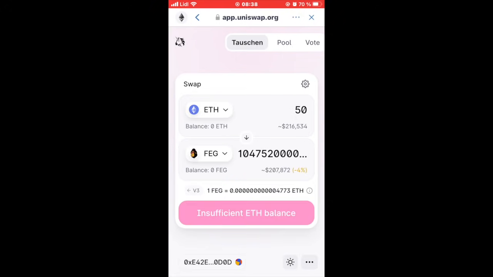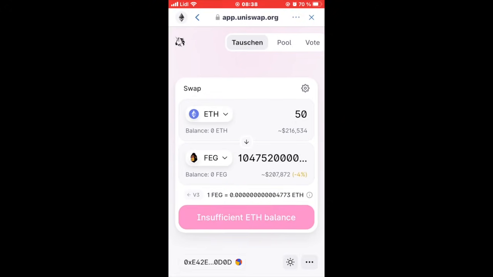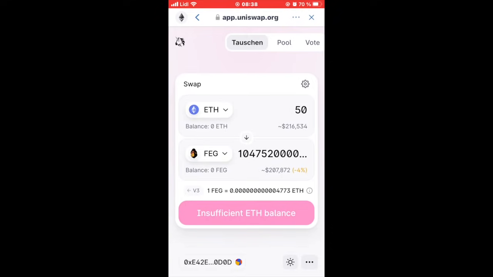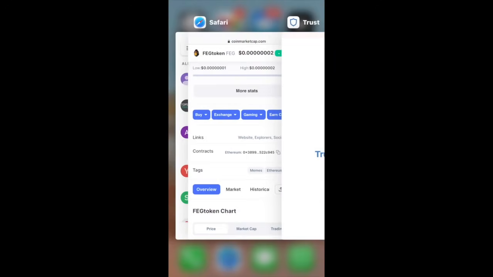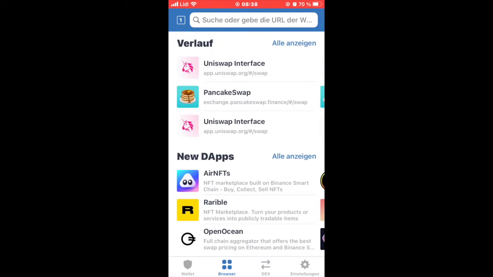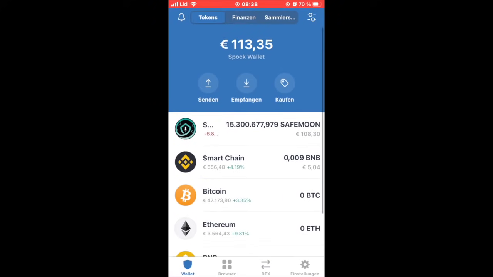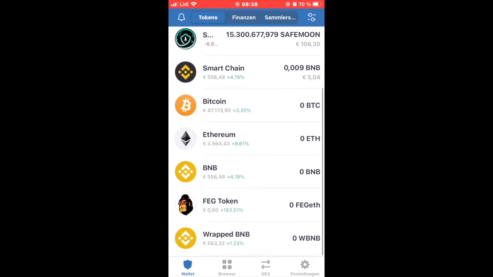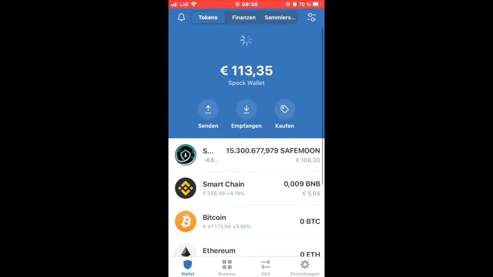But please don't forget the network fee. So if you click max, it wouldn't work because you have to calculate a little bit of the network fee, but you have to figure it out by yourself how much the network fee is. Then click OK, confirm it, then refresh your Trust Wallet, and in a couple of seconds or a minute or